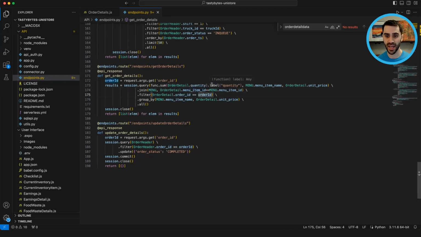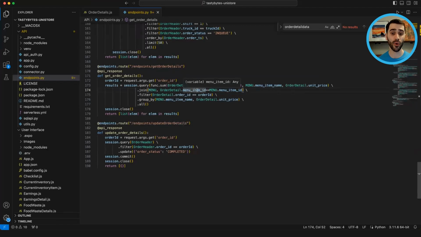column, and it retrieves salient details, including the menu item name for that particular order subline item, unit price, and also the quantity. Pretty simple, straightforward, just a really vanilla point lookup. The one thing I'll note is that we are not looking up the menu item name from the order detail. We're actually getting that menu item name from the menu table, and we're joining that in on this menu item